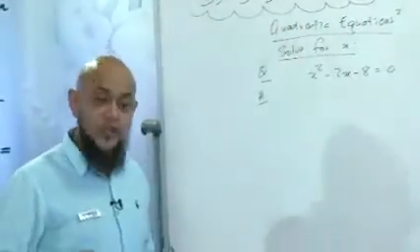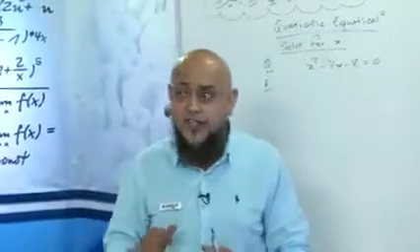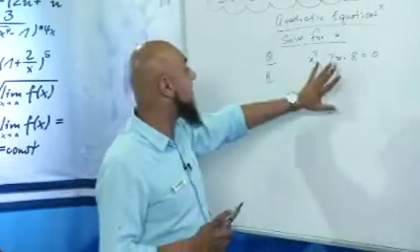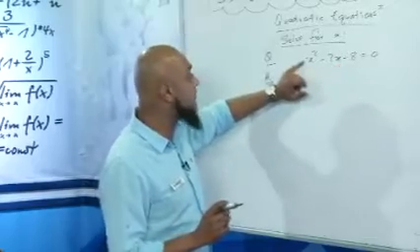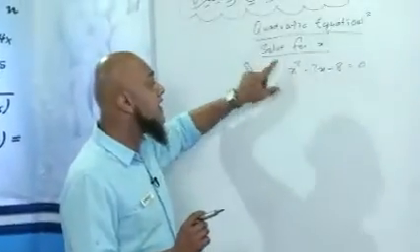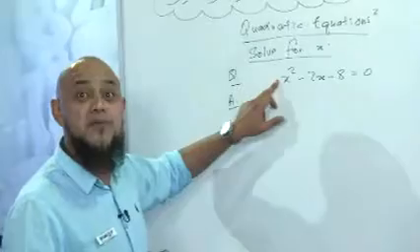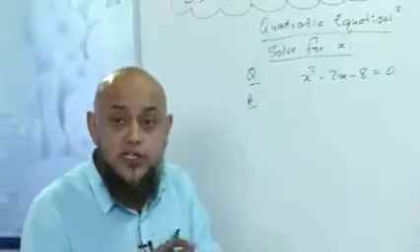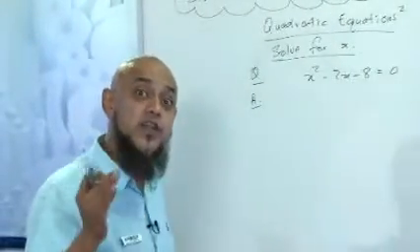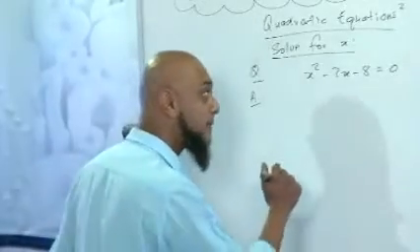Let's show you how to factorize. The two types of factorization that I'm going to be showing you guys today is the trinomial, where the coefficient is 1, and then we're going to do the trinomial where there is a number in front. Absolutely crucial. Please make sure you pay attention and you listen. Let's get started.